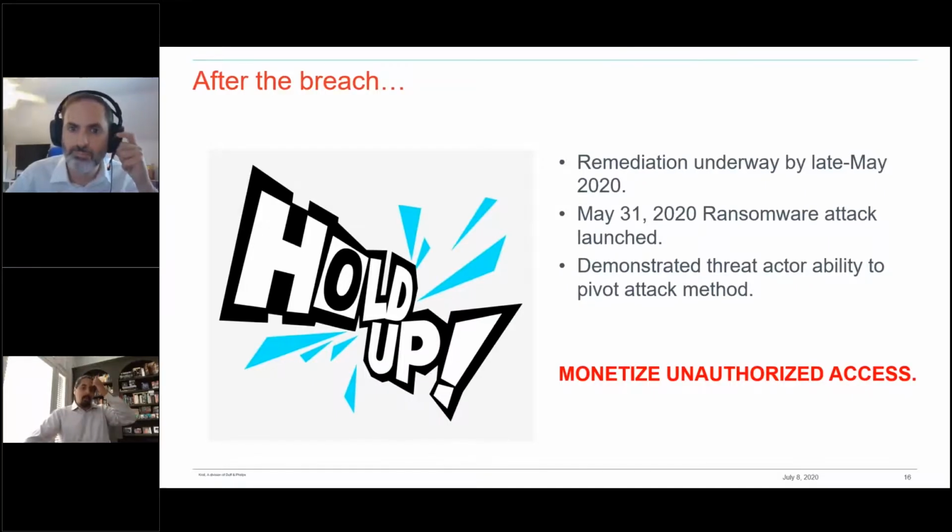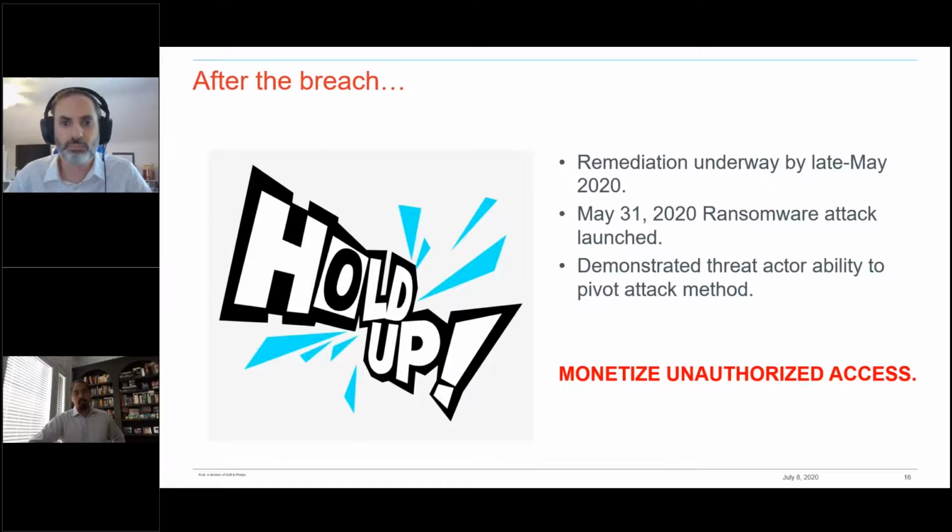Speaking of pivoting, and we've seen this a lot, frankly, before COVID, but it's interesting here: this case was largely solved, with remediation underway by way of additional access controls being put in place, and the malware being deleted and removed by late May. By late May, the bad guys were no longer pulling cardholder data. But on May 31st, bad guys come back. They still have some access that hadn't been cleaned up yet, and just pivot. They realize they're not getting card data anymore, so they launch a ransomware attack,